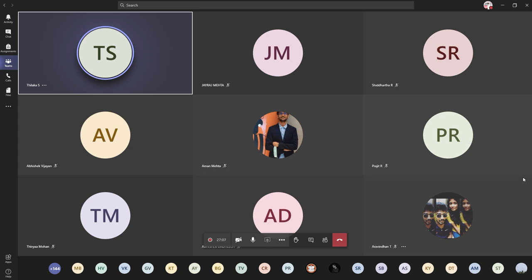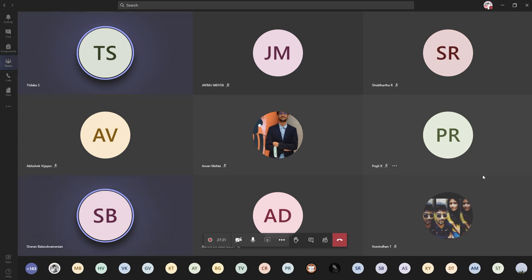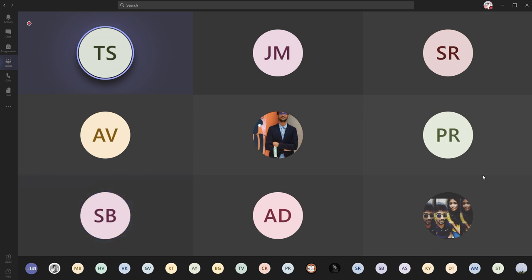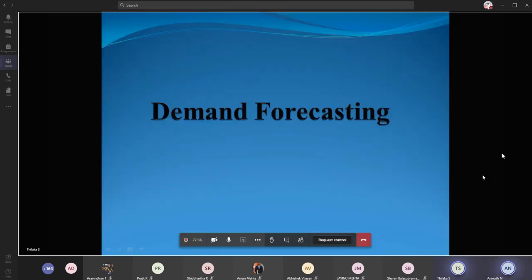What do you mean by demand forecasting? What is demand forecasting? What do you mean by forecasting? Looking at what will be happening in the future, what might happen. Yeah, okay. So demand forecasting is predicting what the demand of a commodity will be, given the data. That is predicting the demand in the future, what is going to be.